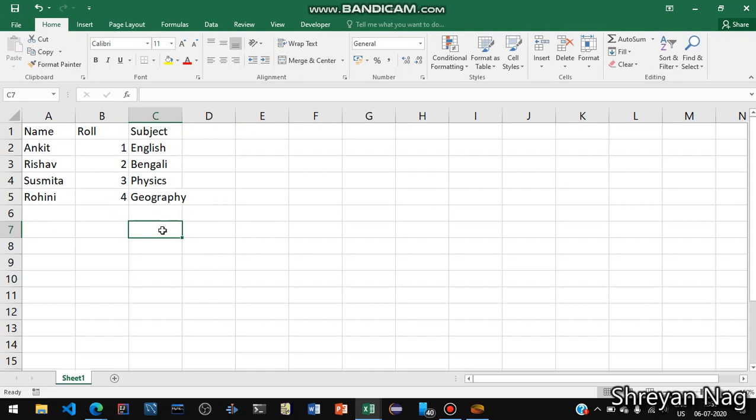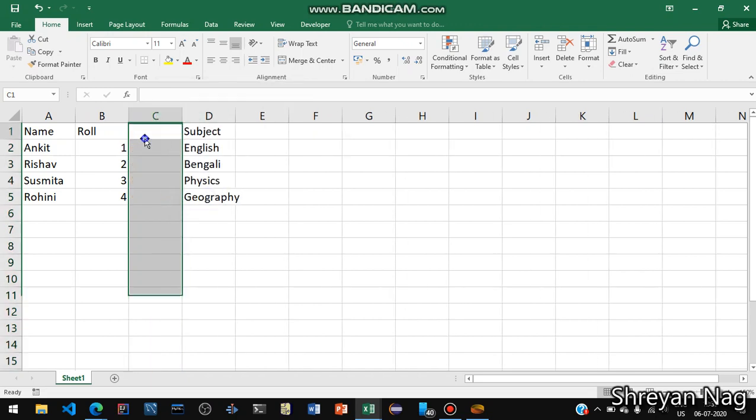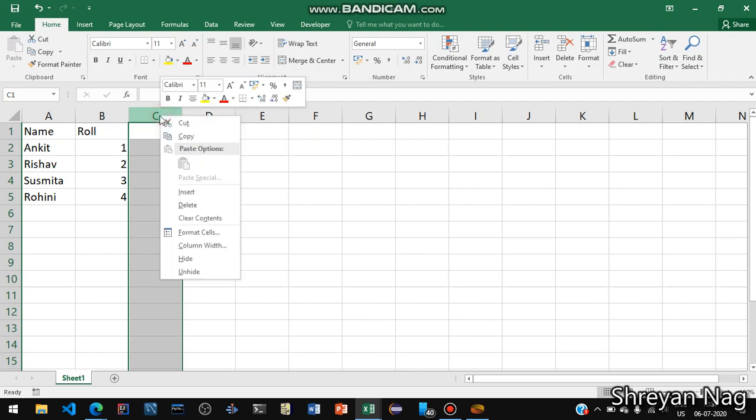Now suppose you want to insert a column between B and C, so how do you do it? Click on the particular column which you want to insert before. Whenever you insert a new column in Microsoft Excel, it inserts it just before the column which you have selected. Right click on that and press Insert. So now we have inserted a column. Suppose you want to delete it, so again click on the new column which you have inserted, right click on that and press